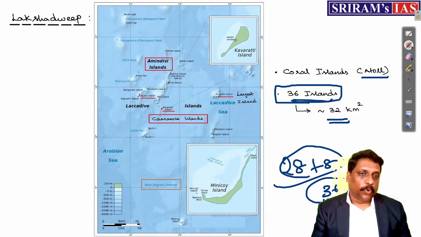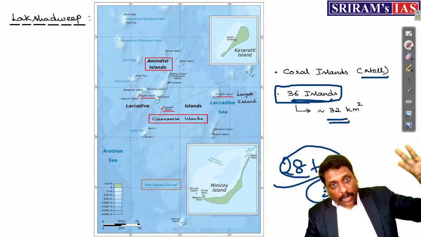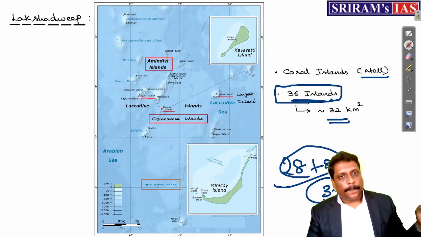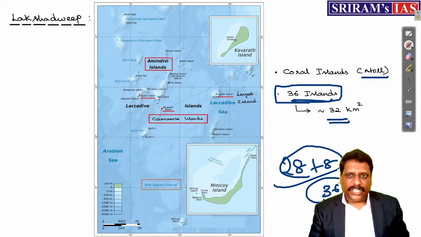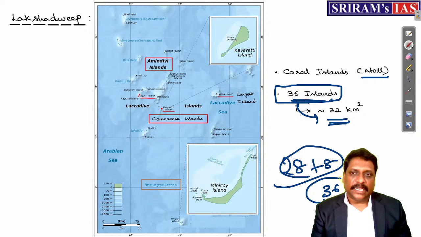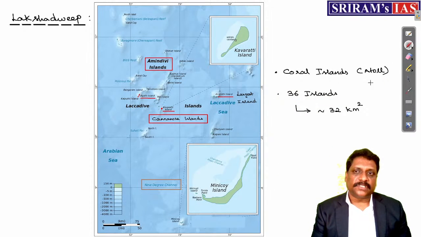Out of these 36 political units, which is the smallest political unit? It is Lakshadweep. Which is the smallest state, if you're asking me, it is Goa. Correct? By area, if I'm just talking about. See, on an average, every island has less than 1 square kilometer. So this Lakshadweep, my dear friends, 36 islands are there. It can be divided into 3 groups.